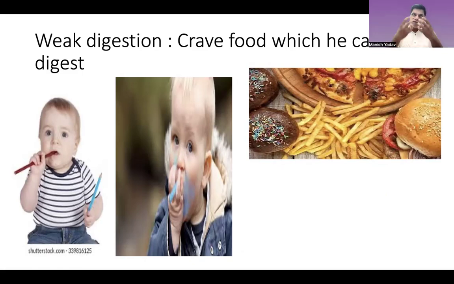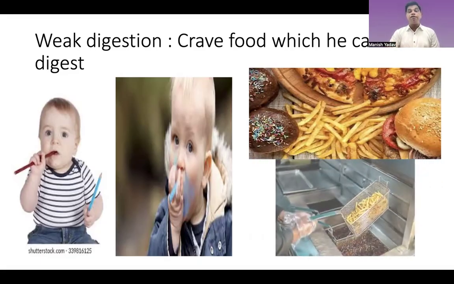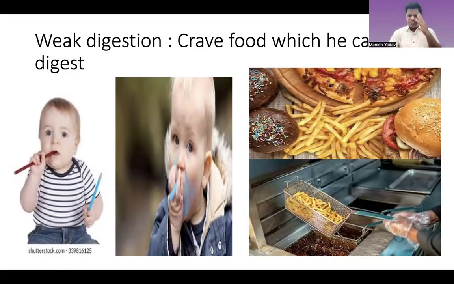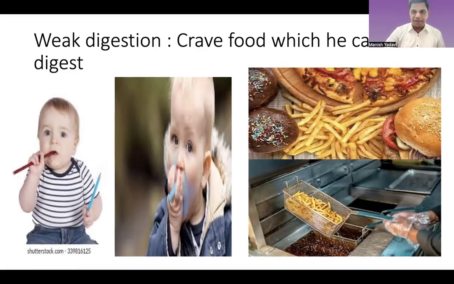And these things, whenever they eat, they will have digestion problems, but they will still crave it, especially fried items. So all these undigestible items which they cannot digest, they will have a strong craving for. Or in children, chalk, pencils, and as they go adult, definitely you'll find a lot of craving towards junk food. Now you understand why Allen says that 80% of the public today is psychotic. Maybe the lifestyle that we are into also causes this kind of state to come in. Maybe.